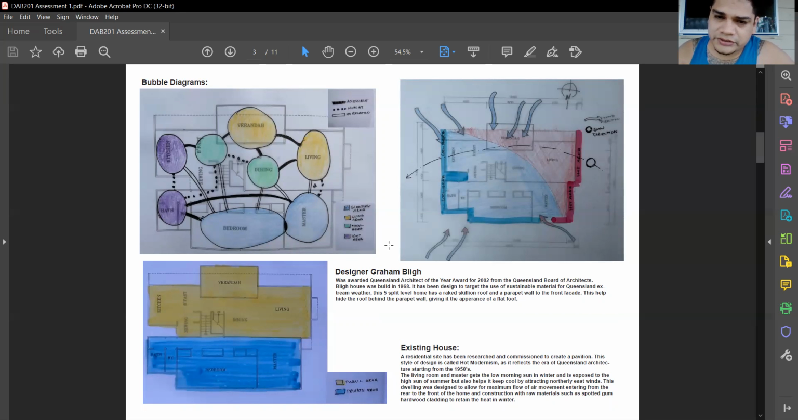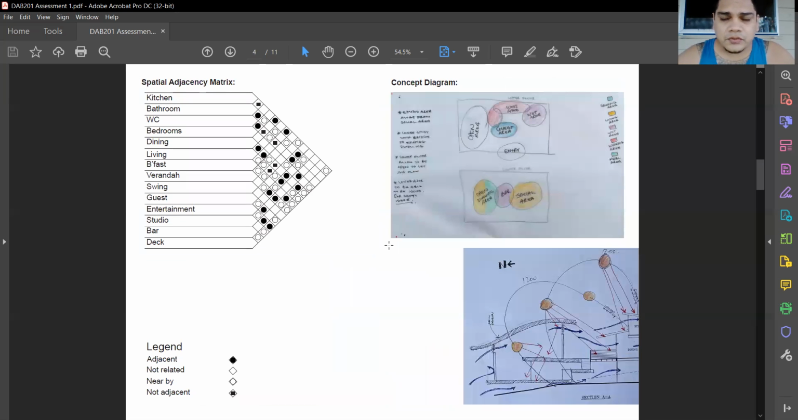We have also looked into the sun path and how and where the house will be heated up during the day and how it cools down during the night, as you can see in the wind path on the top right-hand side. So through those analyses, we have put together a space matrix, and this matrix has shown us